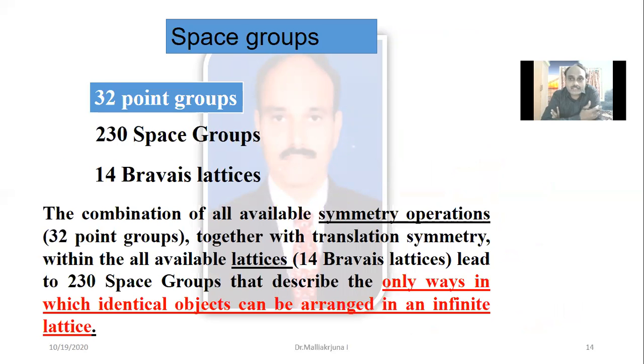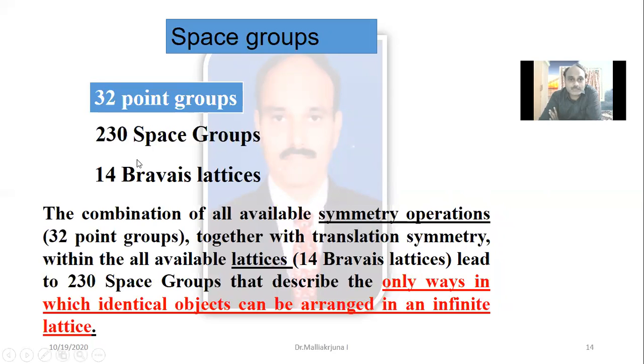As you know, there are 7 crystal systems. Then further it is classified into 14 Bravais lattices, and further based upon the symmetry elements, it is classified into totally 32 symmetry point groups of the crystals. Out of these 32 point groups, and finally, based upon the number of symmetry element variables, it is